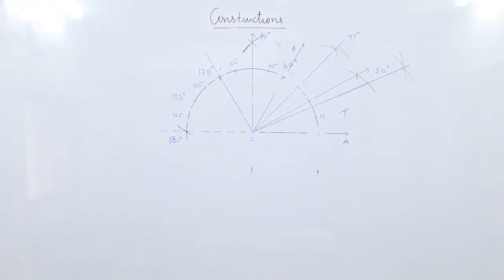So what have you understood in this video? We have tried to make angles of certain measures. Okay? Now the first exercise is based on this, and you have to justify your construction. Now what is the meaning of justify the construction? We'll do that later on. This time you only need to practice how to draw these angles.